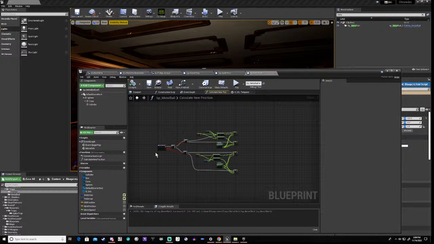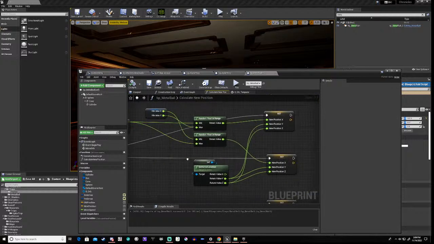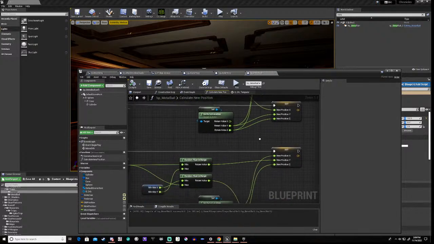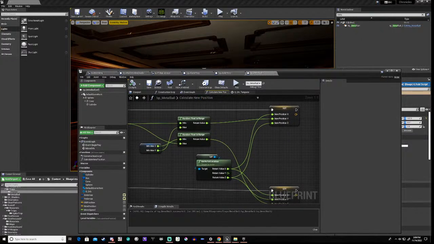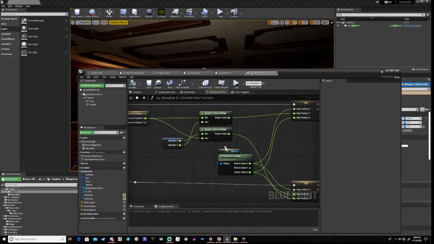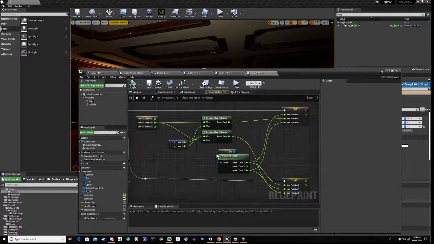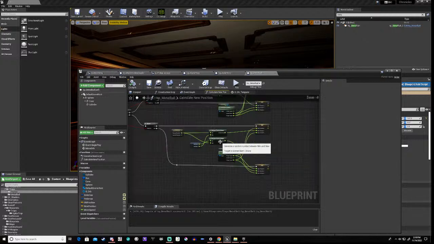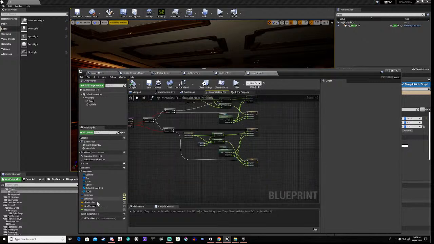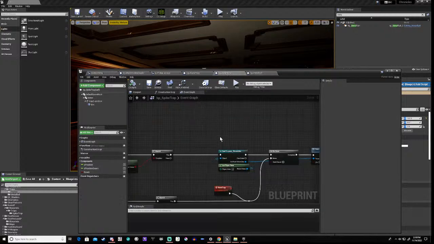Then we come in here, calculate the new position, and then if it's the X position, we pick a new X, we pick a new X negative. Then if it's the Y, we do the same thing. This sets up the new position here, and we basically lerp it